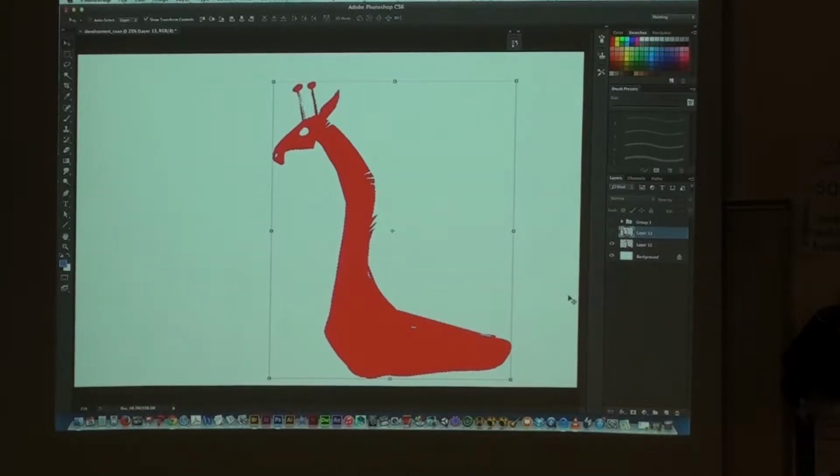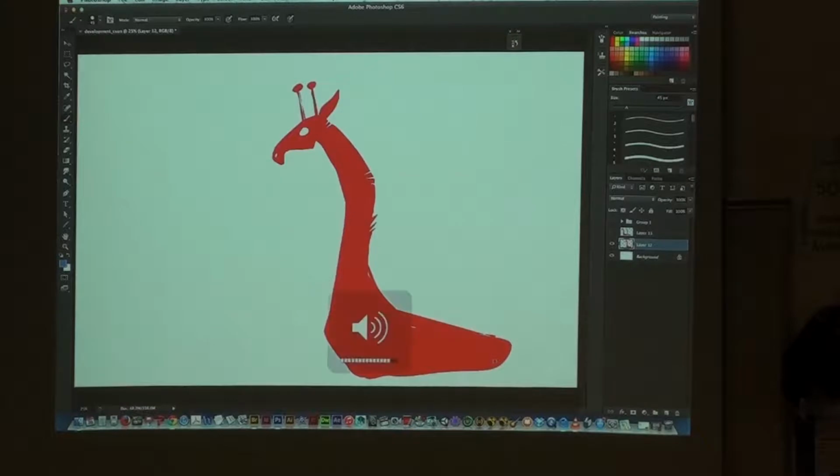Control select, I can draw. Ugh. Sorry, computer, this is bad. Let's see. Not this one. So now,